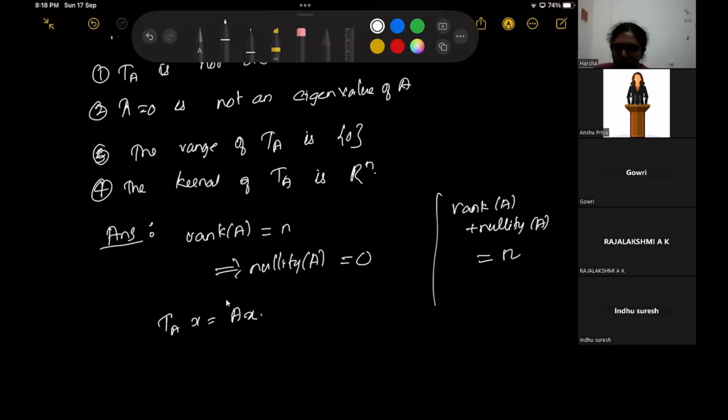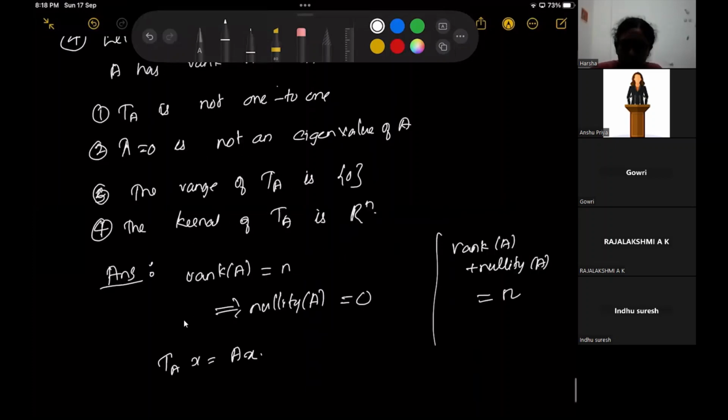So whatever is applicable for A is applicable for TA also. That means if A has rank n, then TA has rank n. And if A has nullity 0, then TA has nullity 0. That means the kernel is 0. Okay. Now,